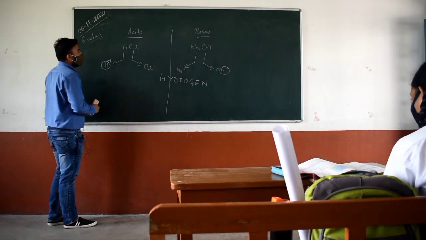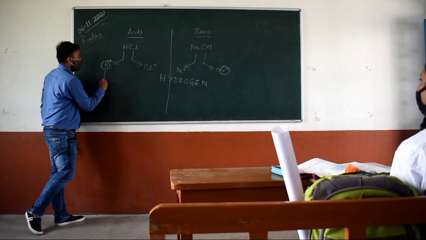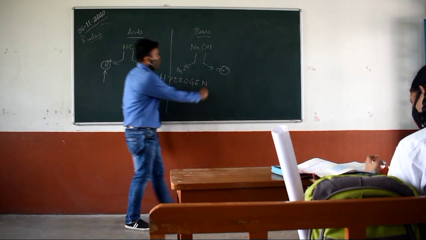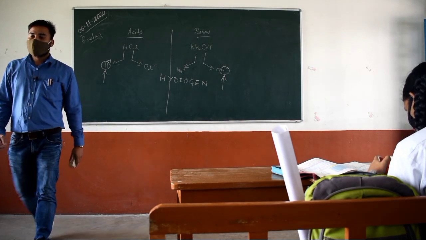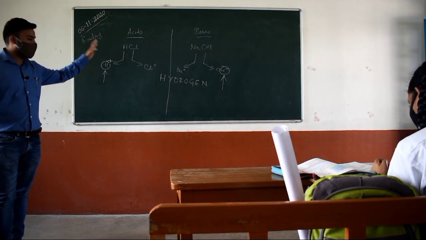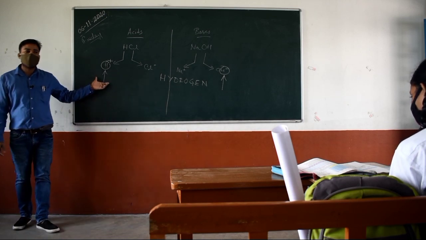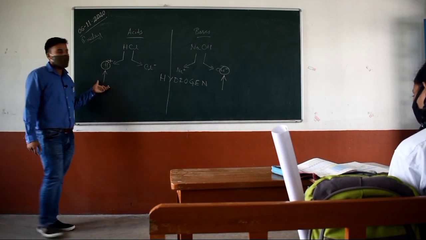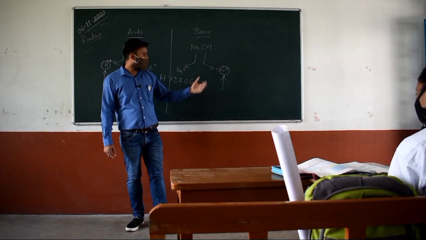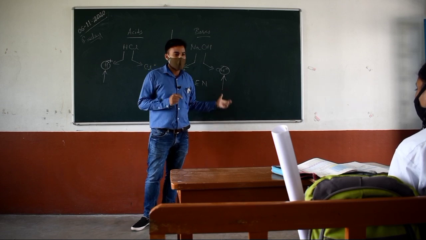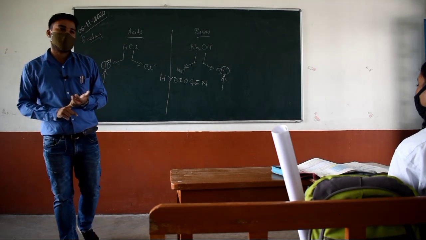Now the other property which you got from here is the property of H plus and OH minus. So always remember, whenever an acid breaks into its particular ions, it always gives one ion which is the H plus ion, and whenever a base divides into its particular ions, it always gives us an OH minus ion. Clear? This is the definite character of an acid or a base.